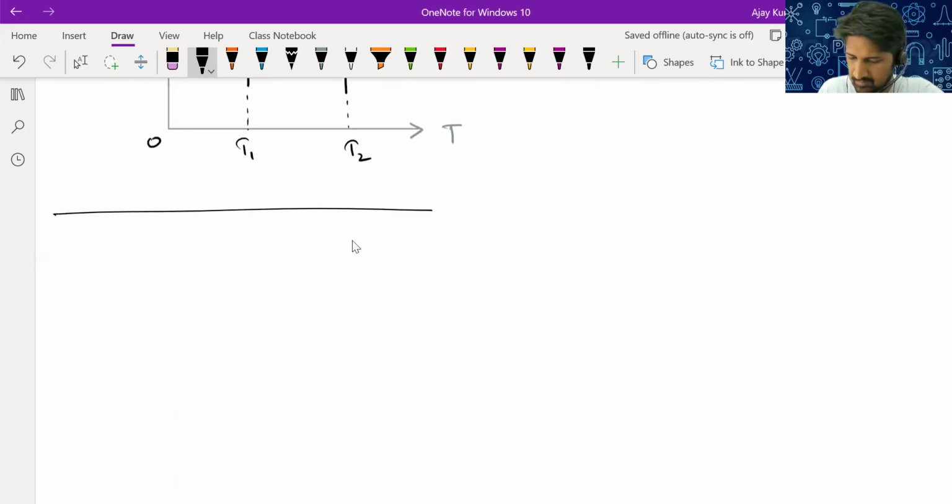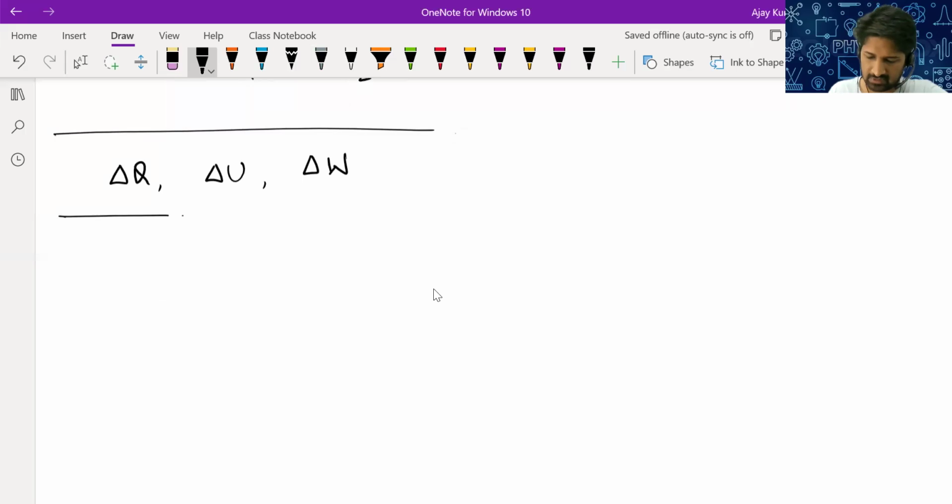Next. In an isothermal process, and not just in an isothermal process, in any thermodynamic process, you should know how to calculate delta Q, delta U, and delta W based on the information that is given to you. Because in thermodynamics, that is our aim, how much heat is converted to work. So you should know how to calculate these three terms. Fine. Let's see. First,